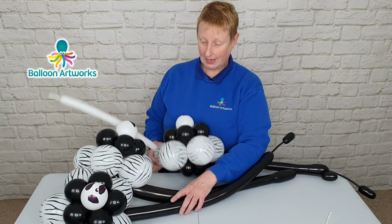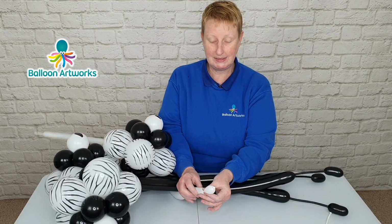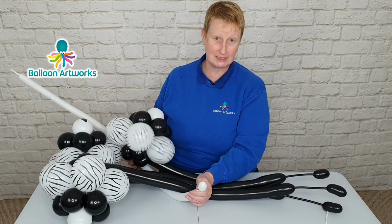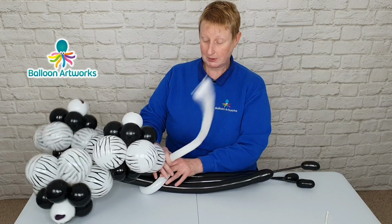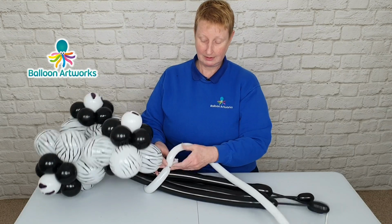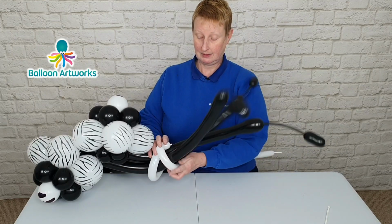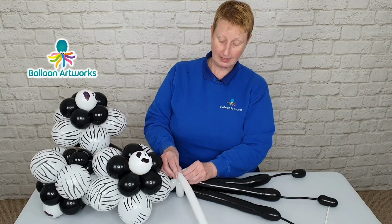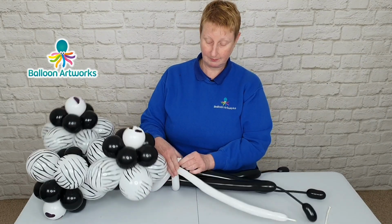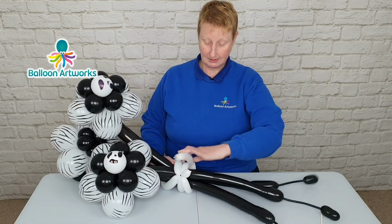Okay, so just gather your flowers together and put a twist into the end of your 160, or if you haven't got a 160, use a 260. Just use whatever you've got and whatever you can get hold of, and wrap that 160 into that bubble, okay? And then wrap that around again, and just again wrap it into the bubble there, and give your balloon a bit of a squeeze, and I'm going to go around once more. Okay, so we've got this little collar